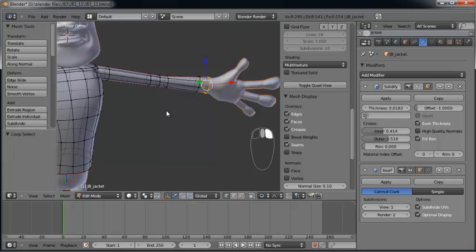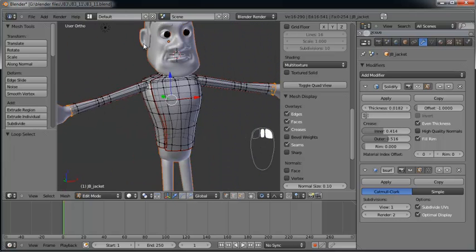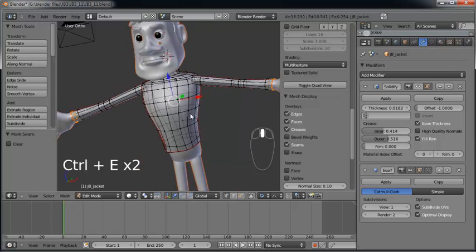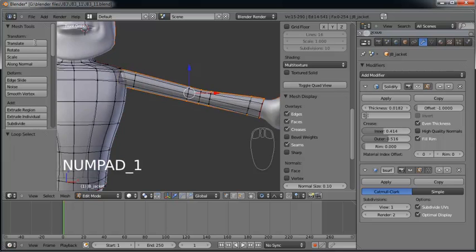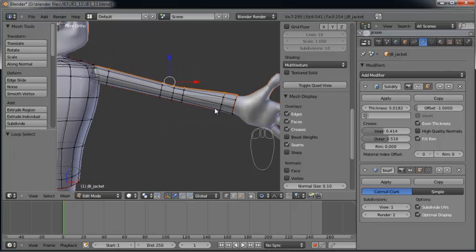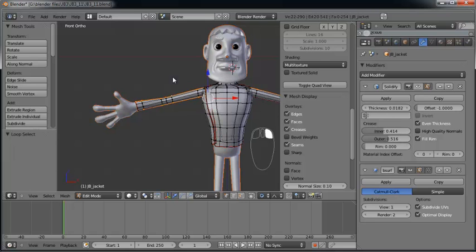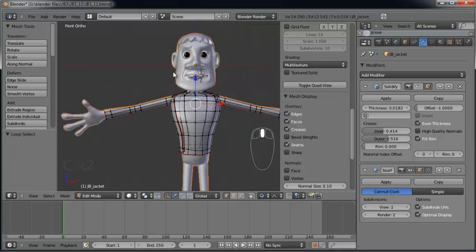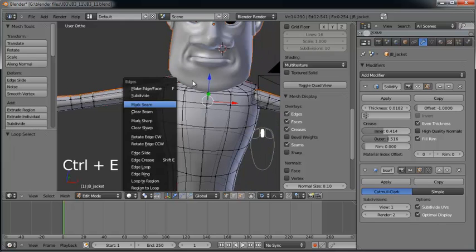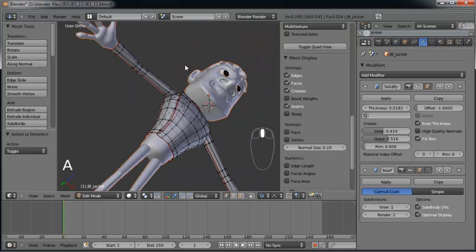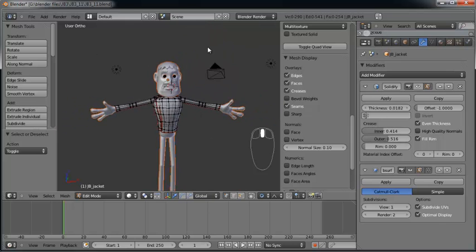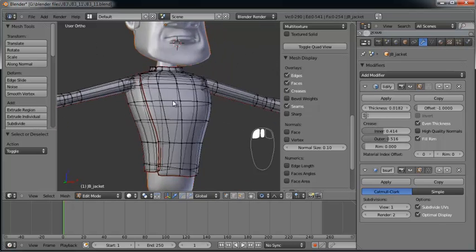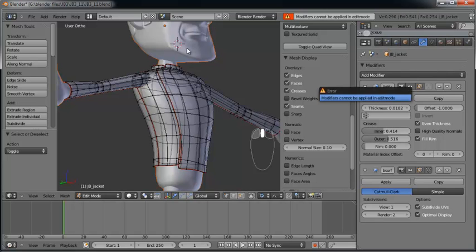And then we'll grab the edges of the cuffs here, and Control E, mark those seams as well. And we don't really need that seam along the top anymore, so let's select that, and deselect the bottom, that's what I meant. And now we'll Control E, clear seam. So I want it to unwrap, have the seam on the bottom and wrap around the top. Okay, so now if we turn this back on and we go ahead and apply it,